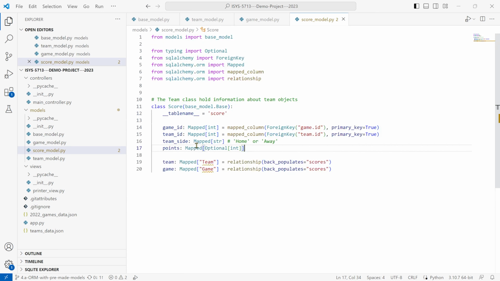Now you'll notice here I have team and game, and these are not actually going to be columns in my table because these are relationships, and I kind of referred to this earlier in the team and the game models, so I'll go ahead and talk about it here now. So team is going to be a variable for objects in this class, and it is going to point to team objects. And by saying equal relationship, I am telling SQLAlchemy that this is going to be a relationship to an object in a different class,